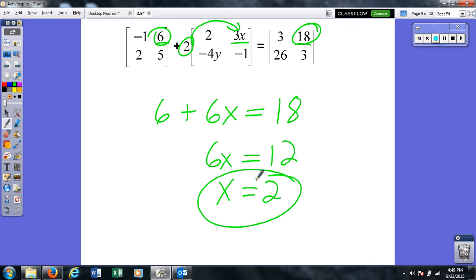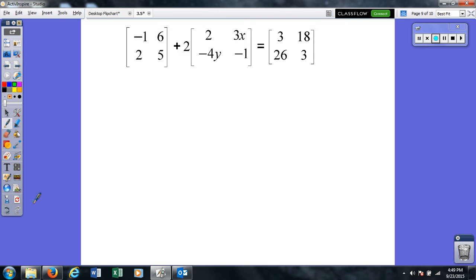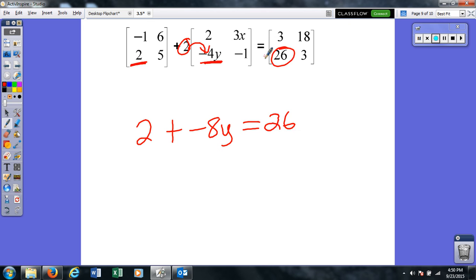To find y, we can do exactly the same thing. So y is in the bottom left spot here, so we'll take the bottom left 2 plus 2 times negative 4y, which is negative 8y, equals bottom left spot of this one, which is 26. Solve this equation like normal. So we could maybe subtract 2 from both sides. That gives 24. And then divide by negative 8, and we get y equals negative